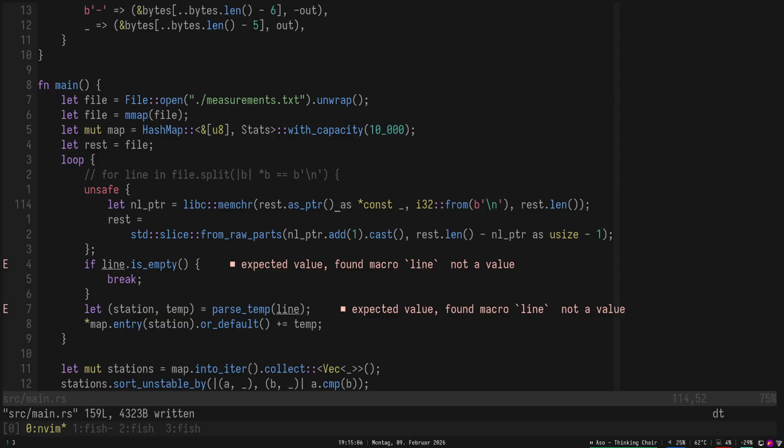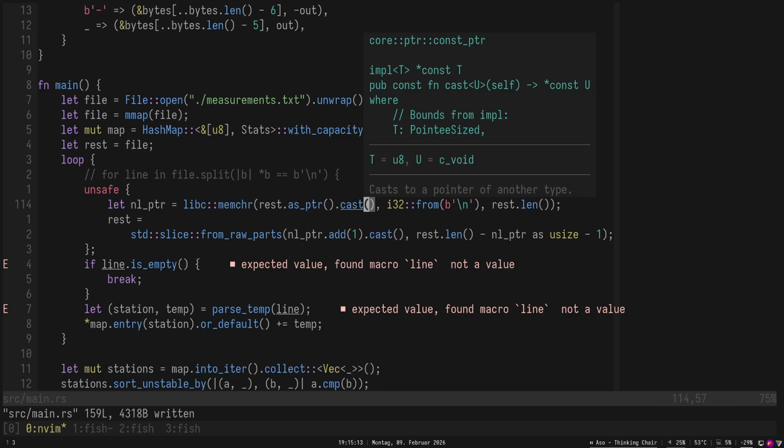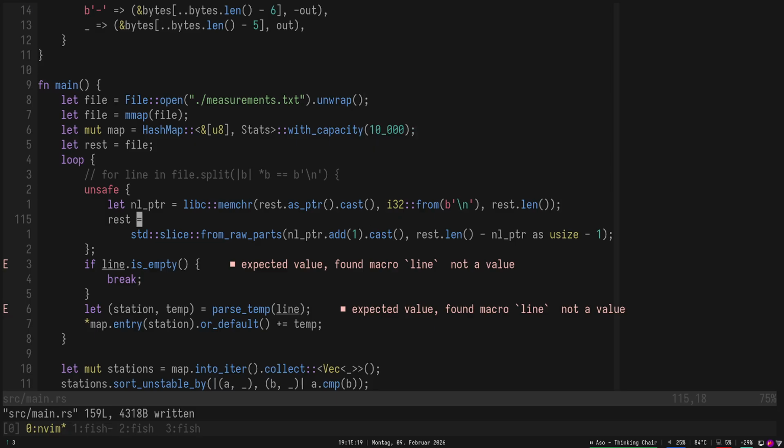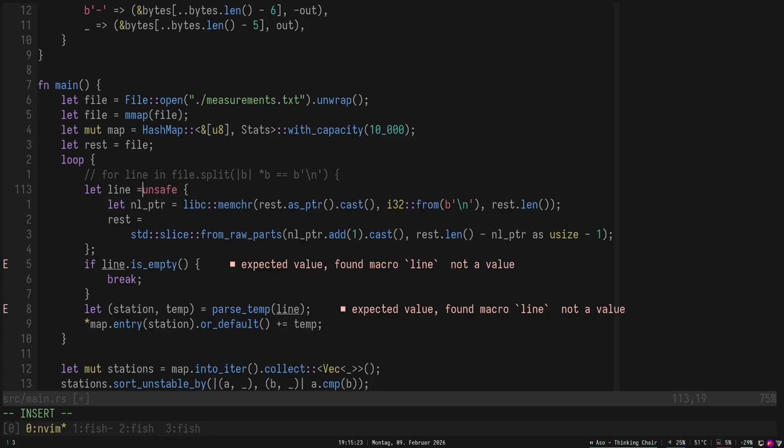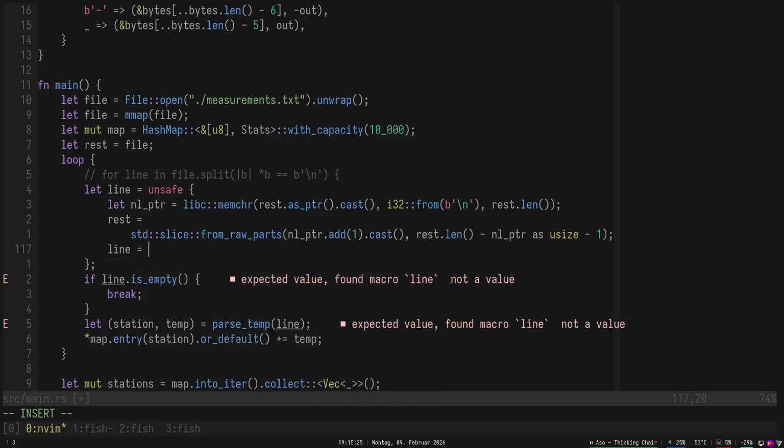In fact, I can probably do dot cast here as well. I don't really know the benefits of dot cast over just as. I think it's just more idiomatic to do this. So this gives us our line, or the rest of the buffer. But then we can get our line. So line here is going to be rest